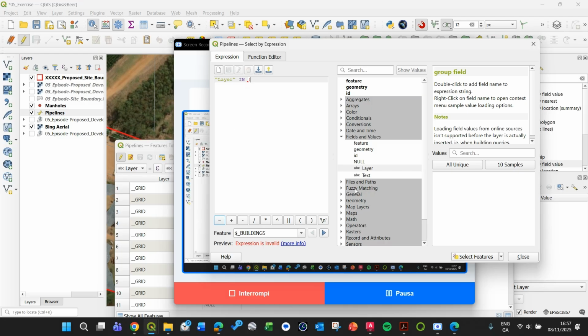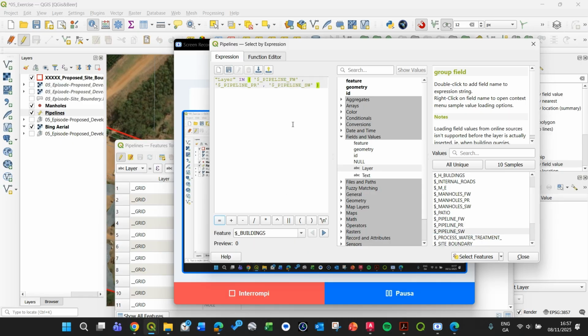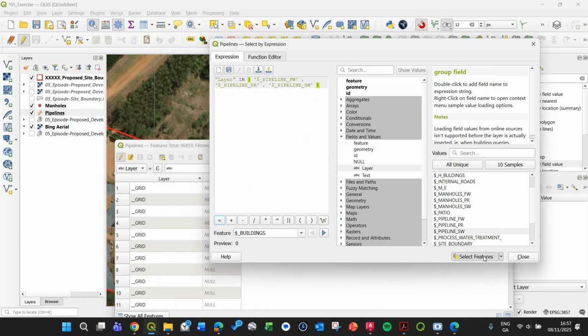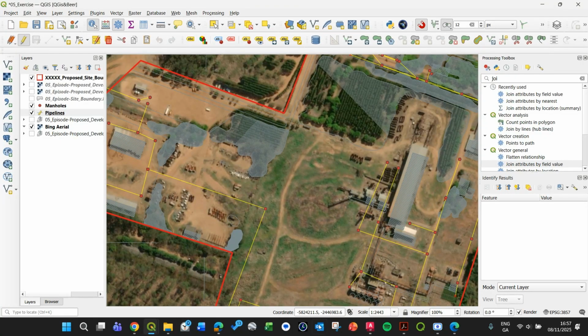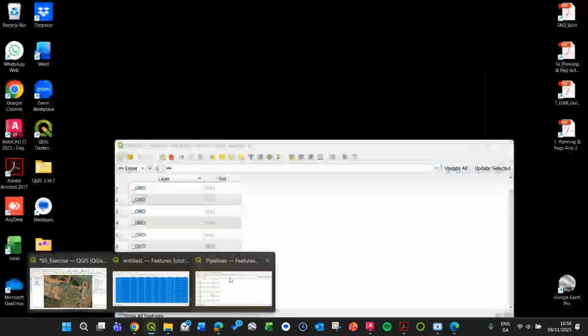If I don't know how to type exactly the way I need to select, I just need to come here again and select all unique values they have, and I know it will be this or this or this, and close, and it works in the expression preview. Select features based on this rule and close. As you can see, only the pipelines were selected. So I want to delete the other ones, so I just need to